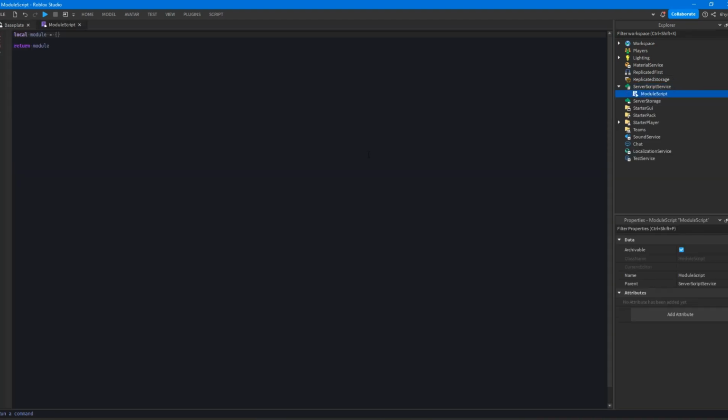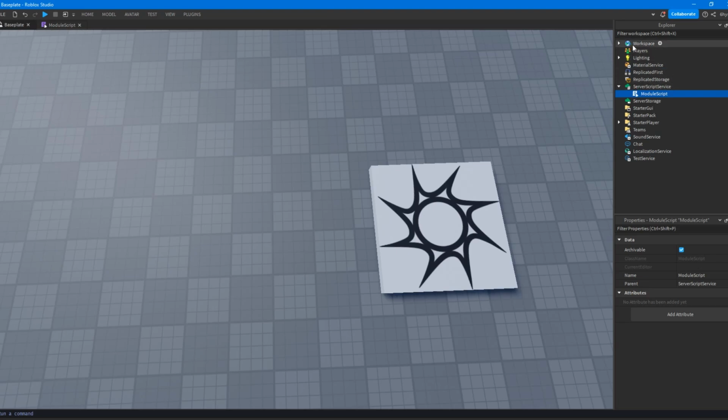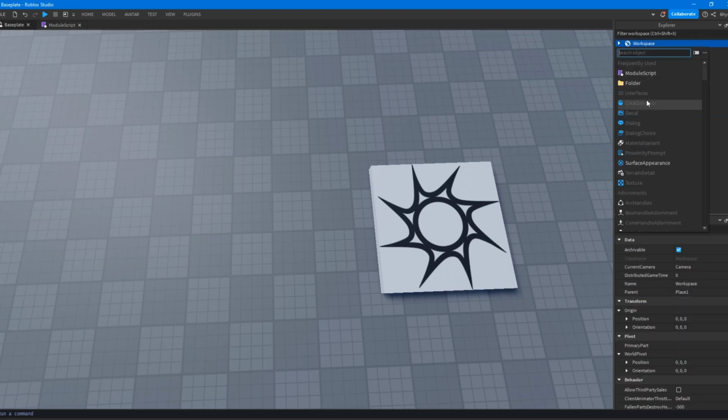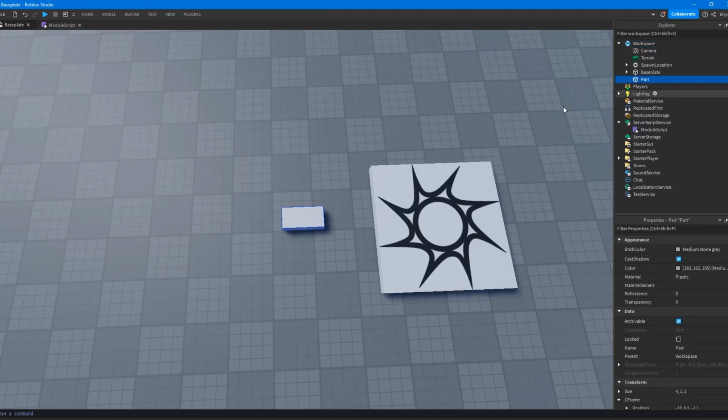The idea behind object-oriented programming is the idea of using objects, and these objects will have different properties and functions and behavior that you can use to control them. It's a way of storing and managing data. And you might be thinking this sounds a lot like instances in Roblox Studio, and you would be kind of correct, since